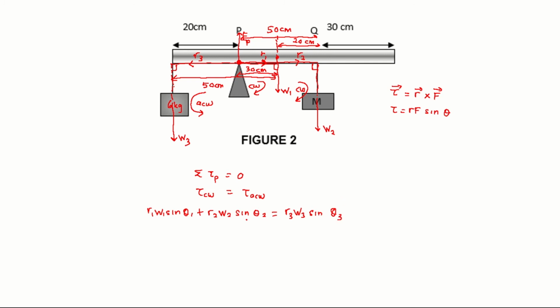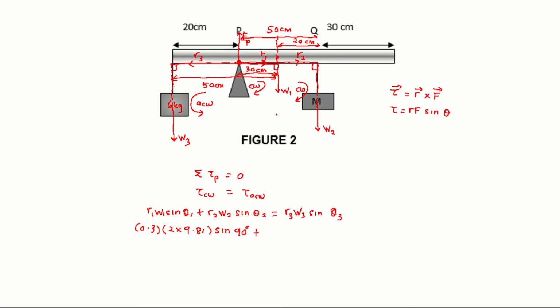We substitute the values. R1 is 30 cm, in SI units 0.3, times weight 1, the mass of the rod is 2 kg, so 2 times 9.81, sine 90 degrees,